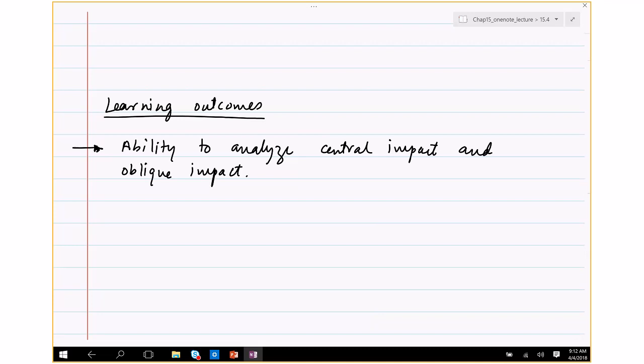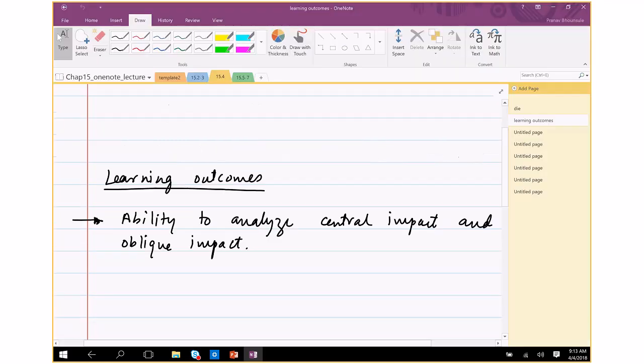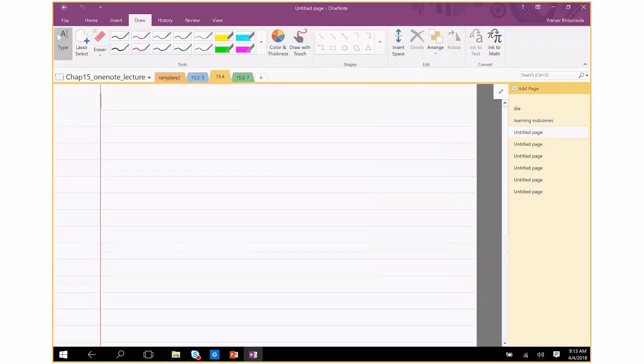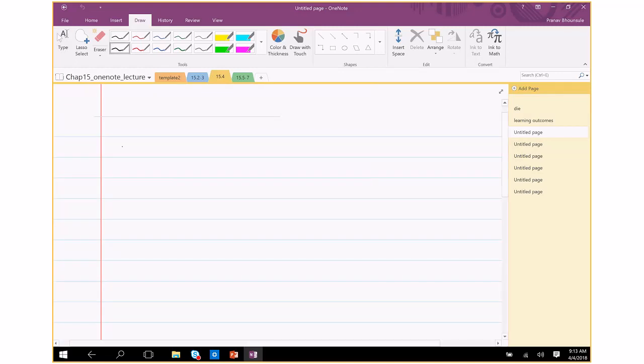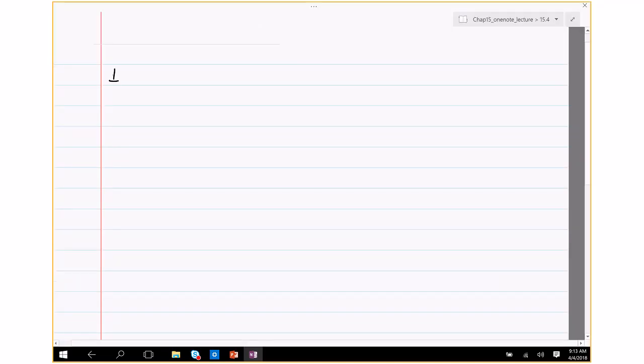So today we'll be talking about impact, central impact, and oblique impact. And really, I'm going to spread this over two classes because we have an extra class. Okay, so this section is on impact, and there are two types of impact. There are many impacts, but the ones which we'll study in this are central impact